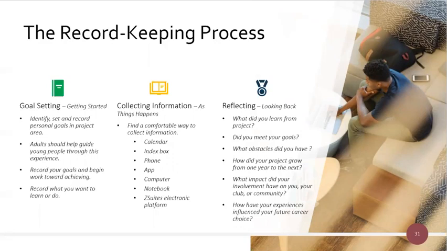Maybe you have an index box with cards and you make a notation of each of those activities on a separate card. Maybe you have an app on your phone that you can record that information, or even on the computer. Maybe you use a spiral notebook and you write those things down. And then lastly, which I'm going to show you how to use tonight, is ZSuites, which is a great electronic